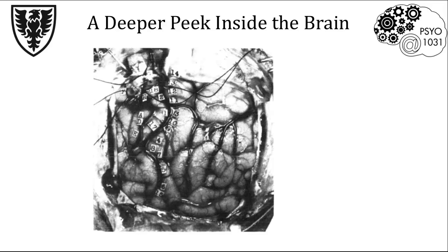Some medical procedures have allowed neurosurgeons to take a really intimate peek inside the brain. One of the first instances of this was in the 1860s, when German physiologist Edward Hitzig made observations of wounded soldiers and revealed that stimulating particular parts of the brain resulted in movement in specific locations in the body. Almost 100 years later, scientist and surgeon Wilder Penfield made incredibly detailed observations from awake, locally anesthetized patients undergoing surgery